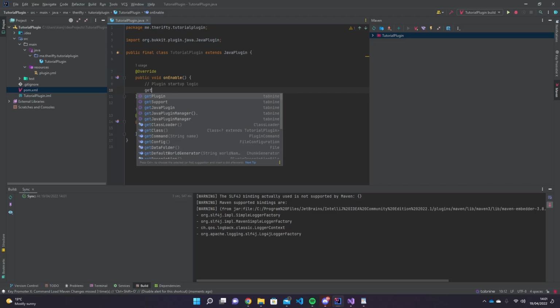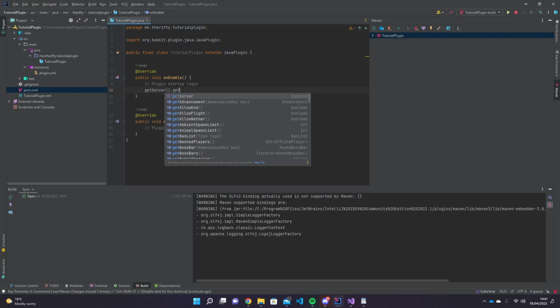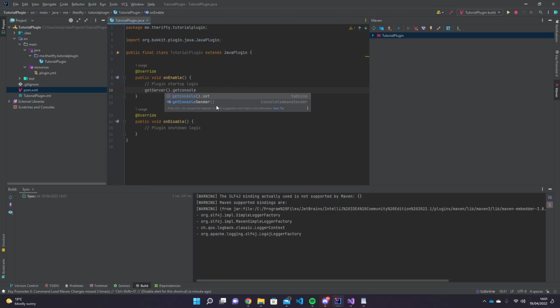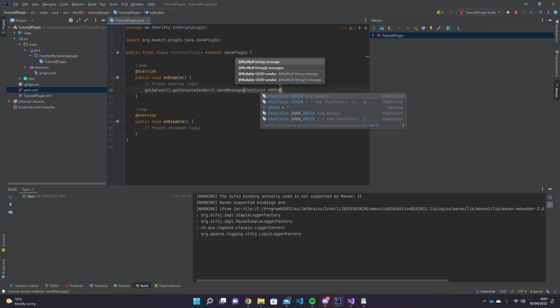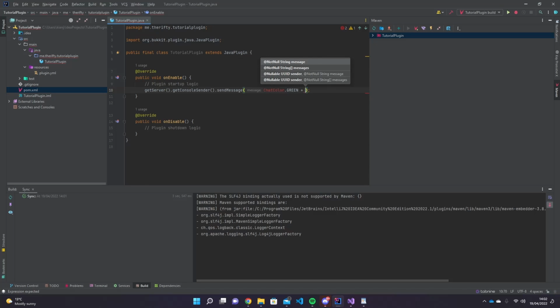So get server dot, get, I forgot what one it was, plugin manager, it was get console sender dot send message, and then in here we're doing that color dot green, not green, and we do plus, and here we do this with then the name of your plugin, so tutorial plugin has been enabled,